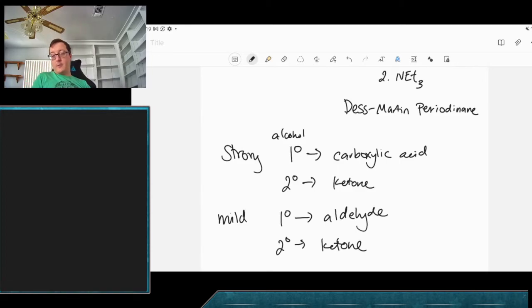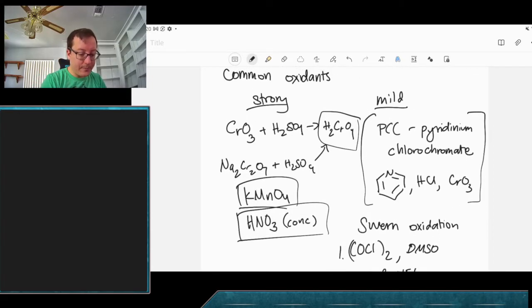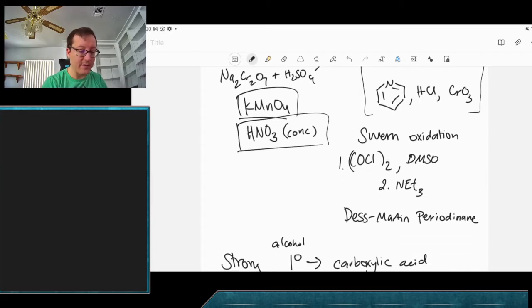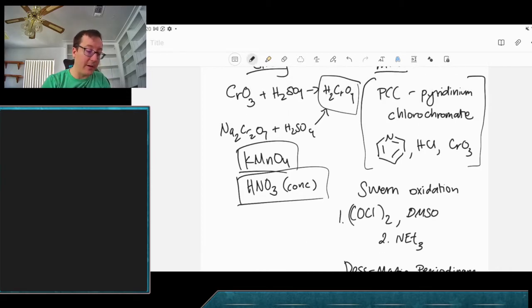All right. So if we want to think about how these reactions are happening, we'll use one of these sets of reagents. So mild ones, PCC, Swern, or Dess-Martin periodinane, which is also abbreviated DMP. We'll look at them each. So the pyridinium chlorochromate, what happens here is